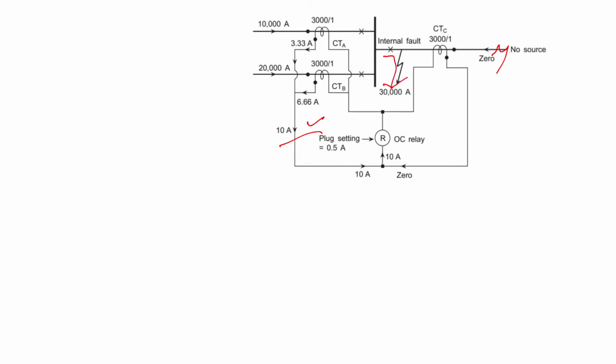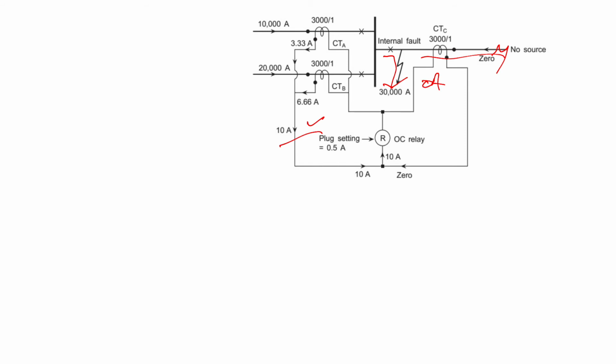So no current is flowing through this primary, and as a result we will have the 0 ampere current here, and as a result the spill current of 10 ampere is flowing in this. So from this we will see that for internal fault it is working perfectly, and CTA and CTB are not carrying excessive primary currents, and they transform the current without too much error. And you can say that there is spill current in the spill path, and the scheme operates as expected.